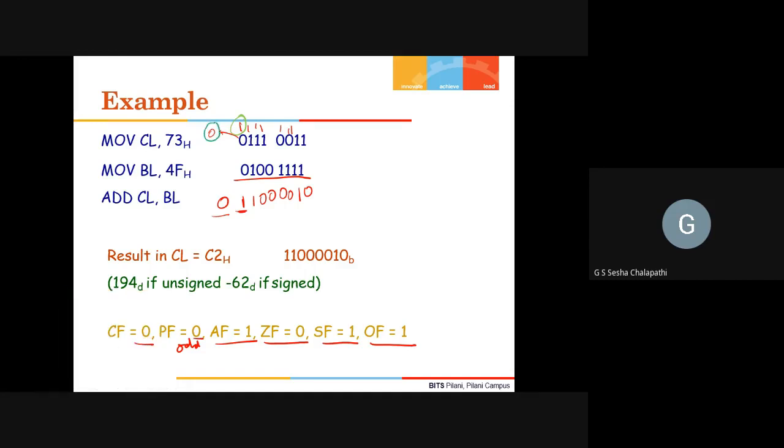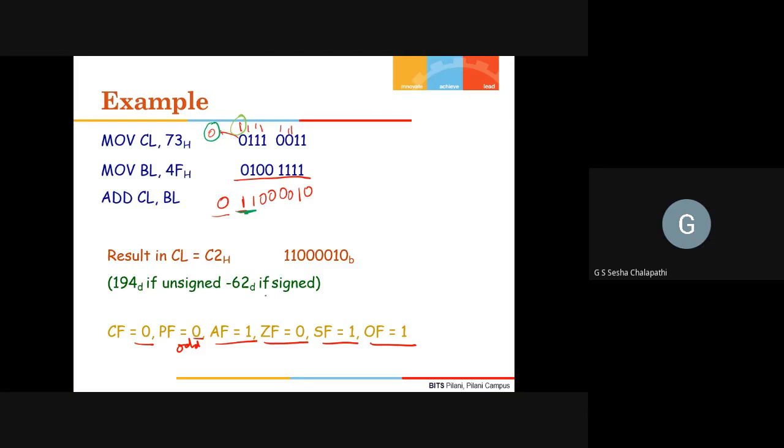Sign flag is 1 because the most significant bit is 1. Zero flag is 0 because the answer is not a 0. Zero flag will be 1 only when the answer is a 0. You have an auxiliary carry flag because you have a carry from bit 3 to bit 4.